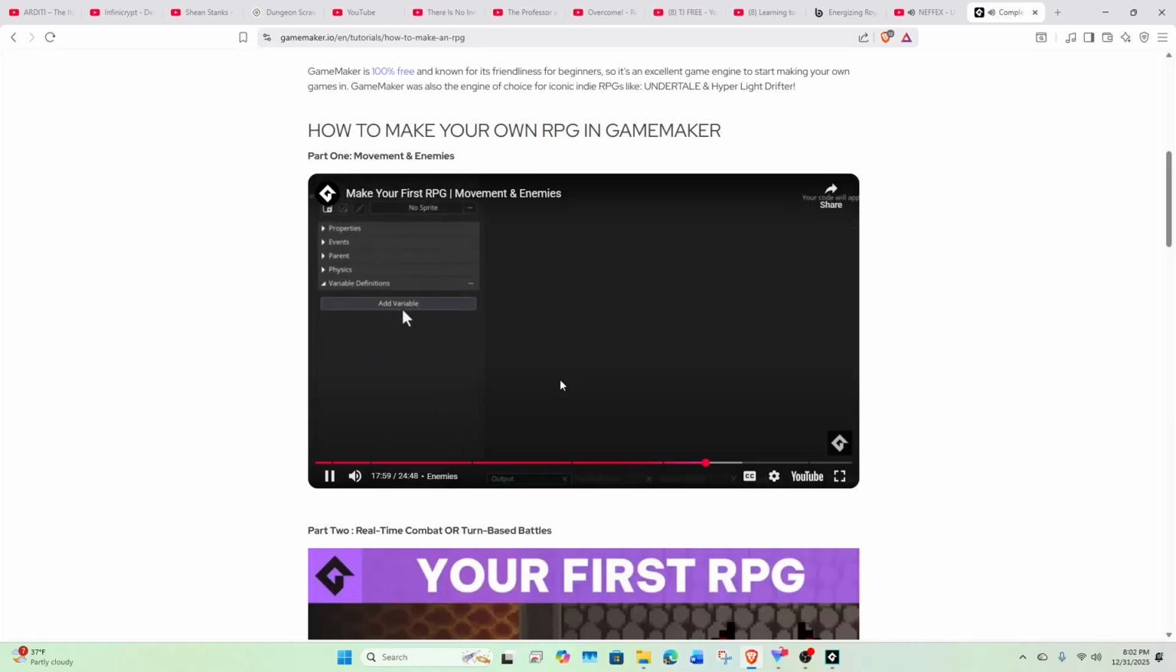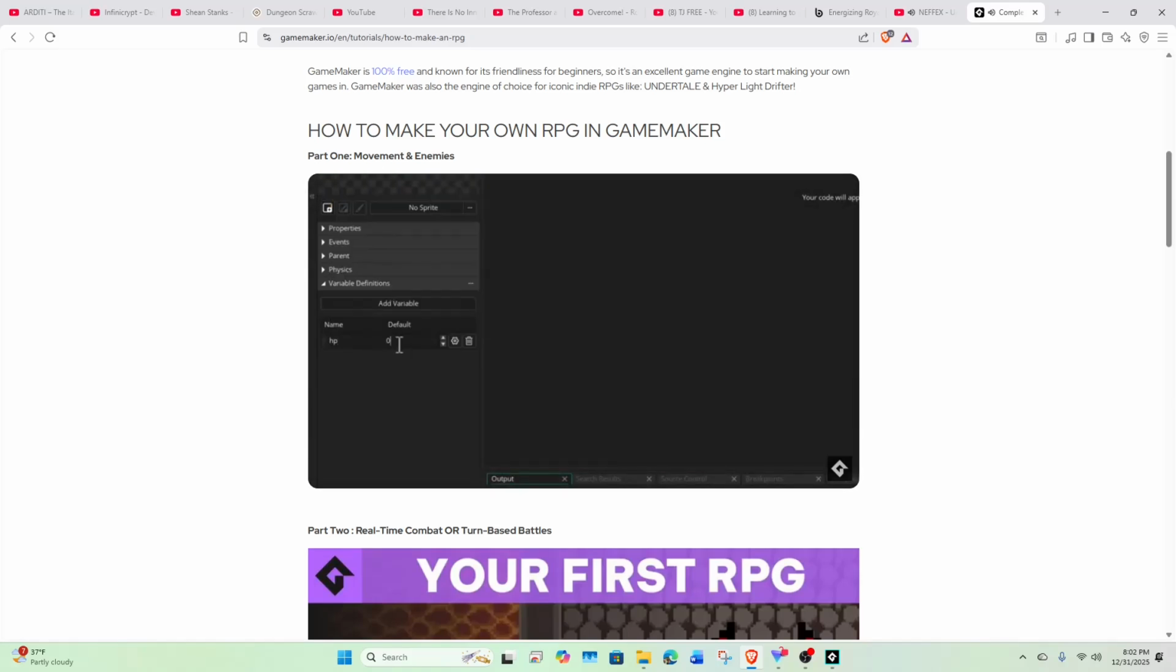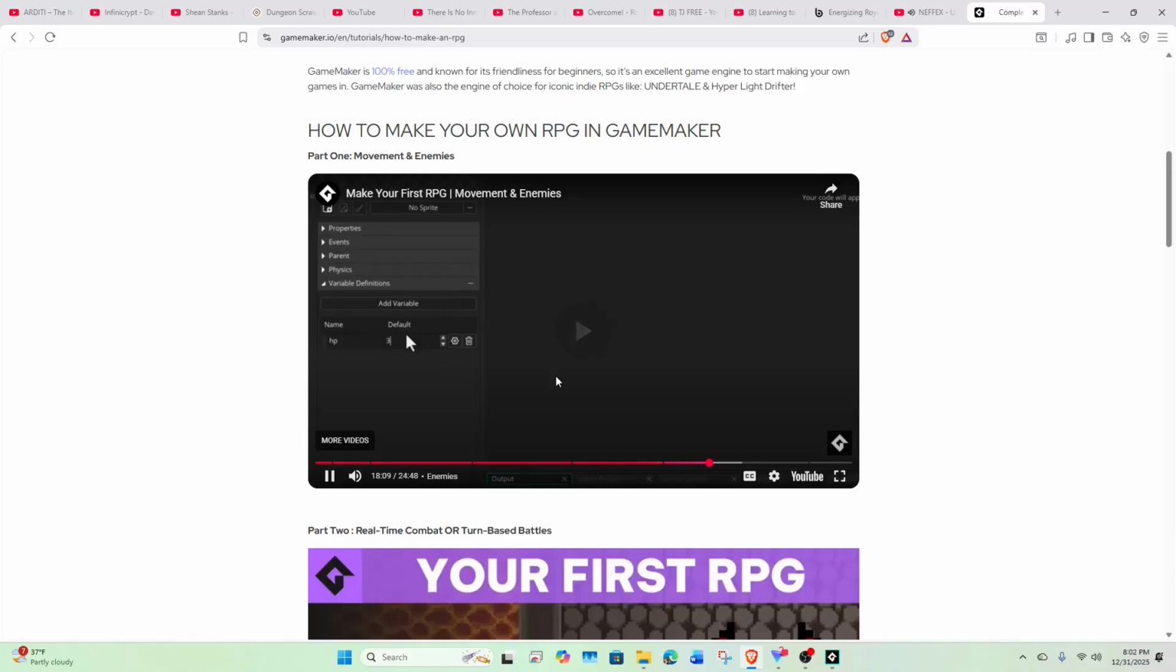At the bottom, let's click on add variable to add our first variable to this object. The first variable will be HP, which is the amount of health that this enemy has. I'll set this to 3. Then let's create another variable called